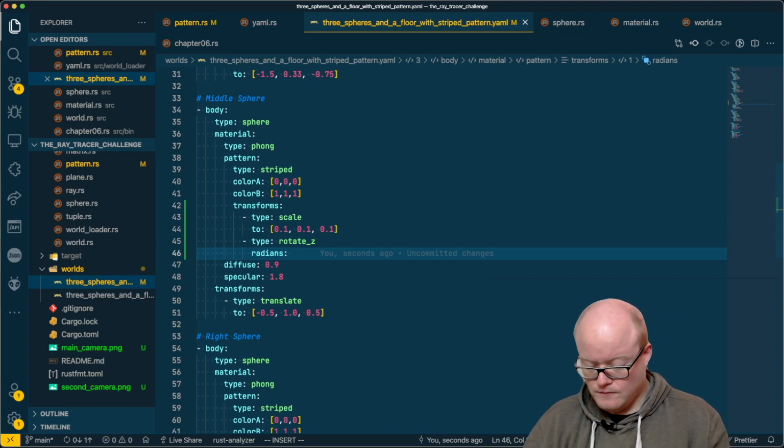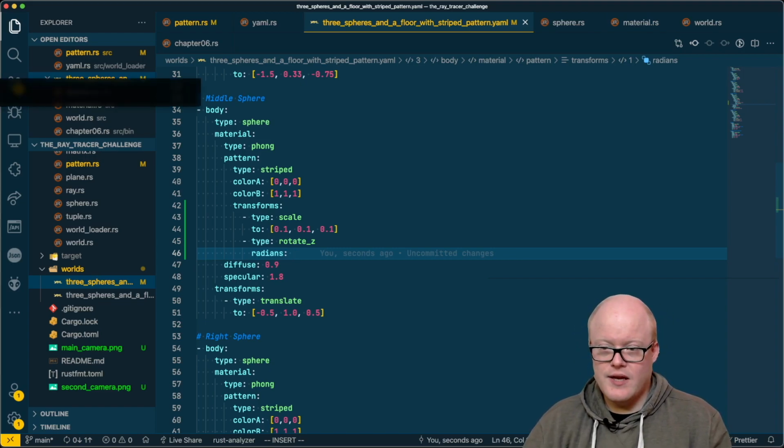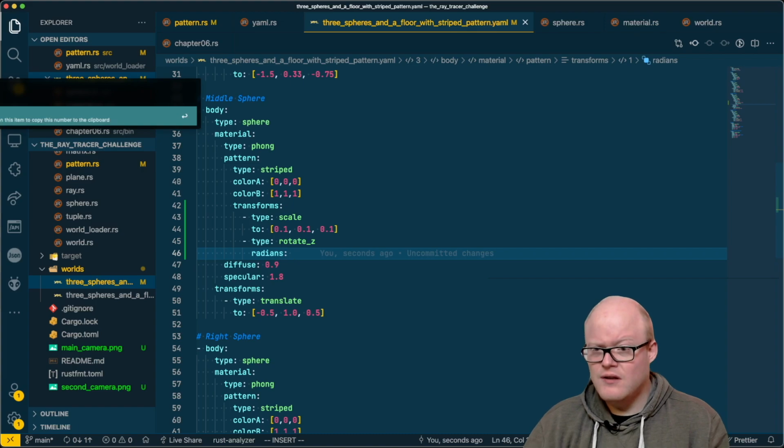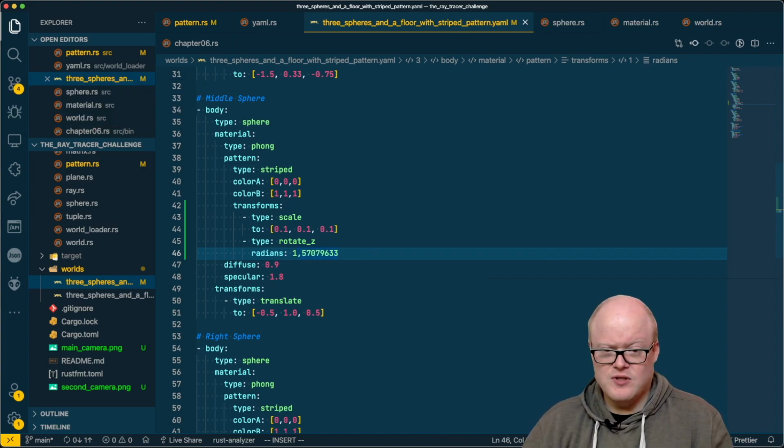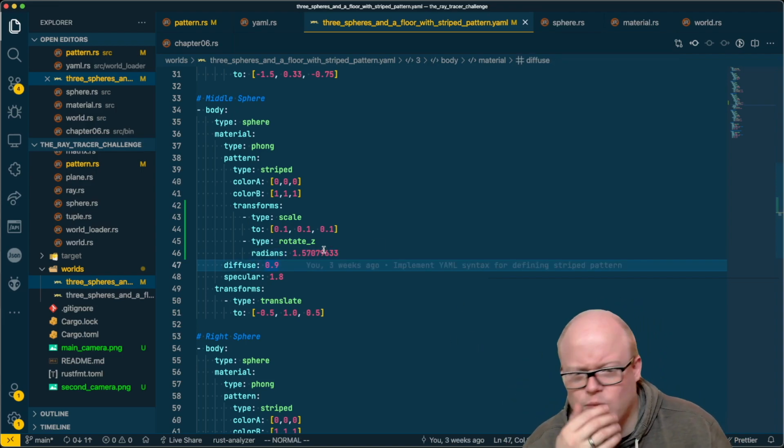So yeah, it's a quarter, it's half of pi. It should be half of pi, shouldn't it? Pi. Let's put something like this just in here, and let's see how this works out, and we can change it